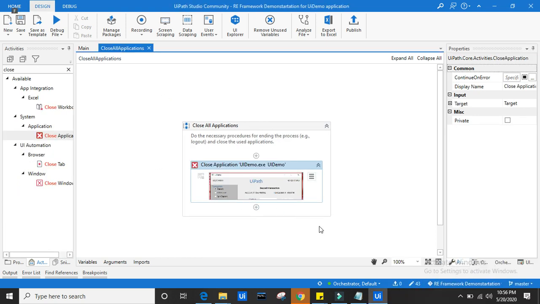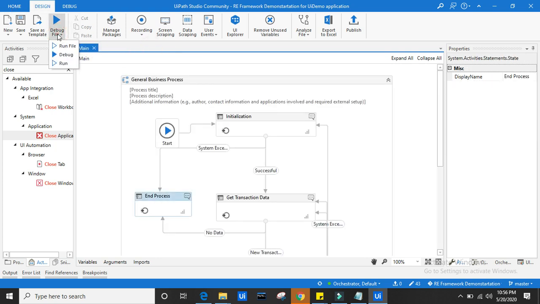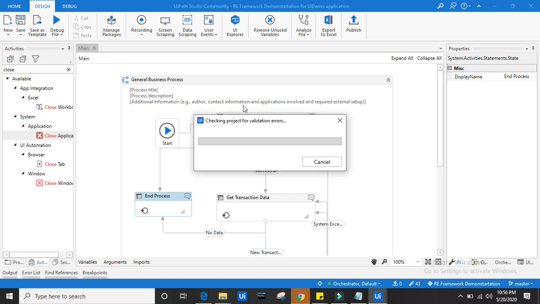So instead of kill process, I'm just using close application. Let me check what this will result in. I'm using close application, so finally it should close the UI demo application. Let me open this, I have not opened everything. Okay, let's start this.